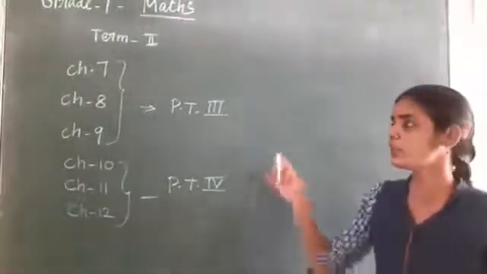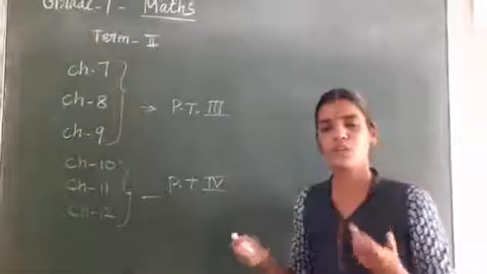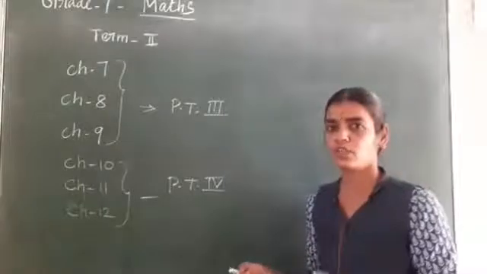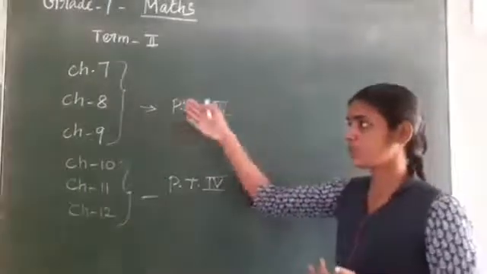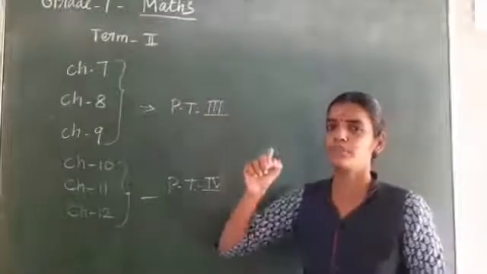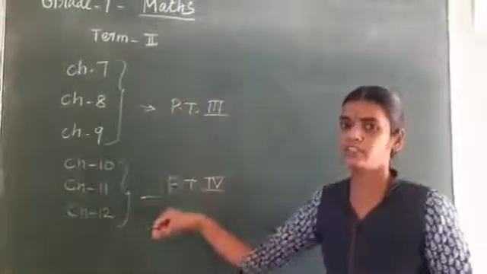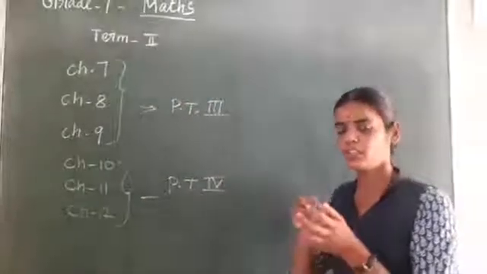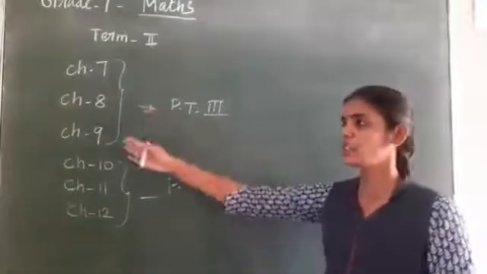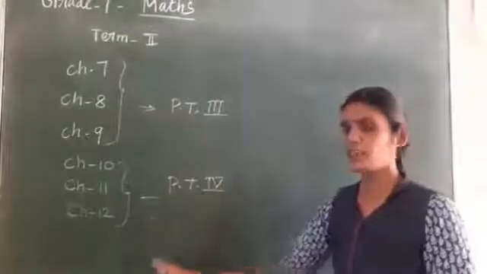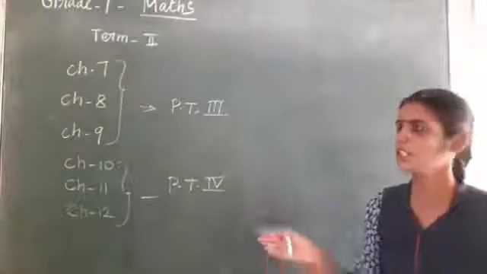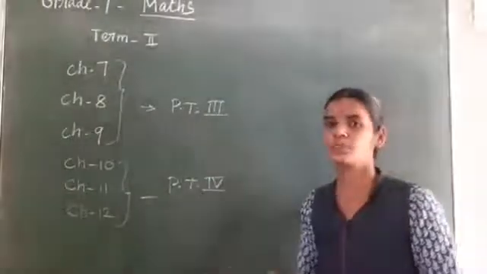Dear children, using this revision, if you have not completed your book pages, you have to complete those pages. In subtraction and comparing measurement, you may have some difficulty in those sums, so you have to practice all the sums. Write 10 sums in your note itself, then practice, and it will come automatically. Then measurement time is also very easy, like the other chapters. For multiplication, you should read the tables and make a sentence like that. So 6 chapters are your term 2 portion.